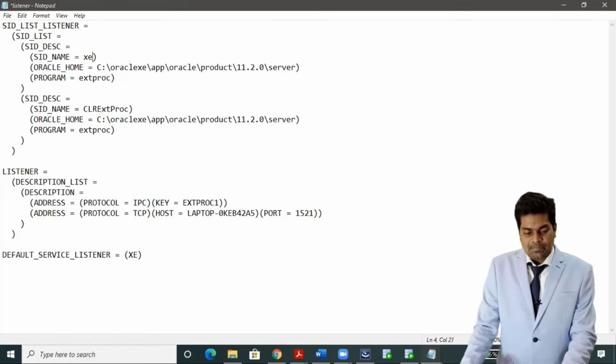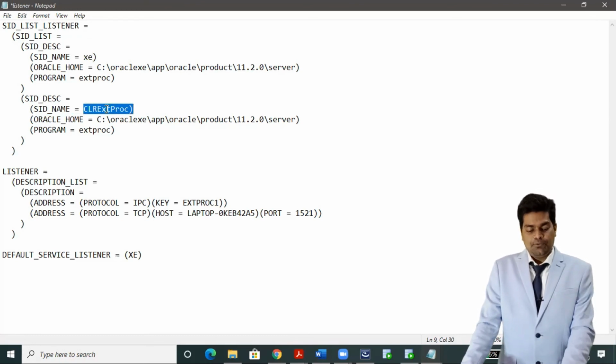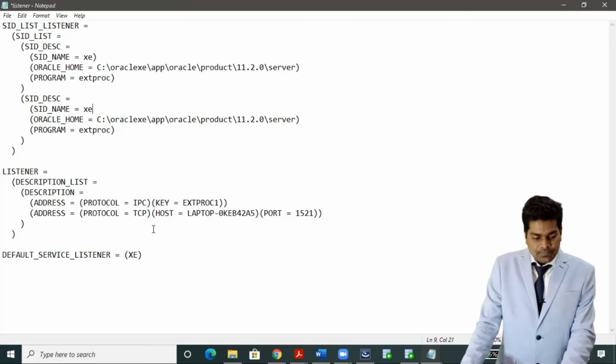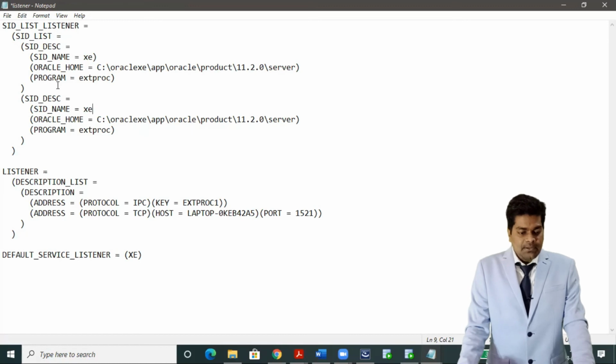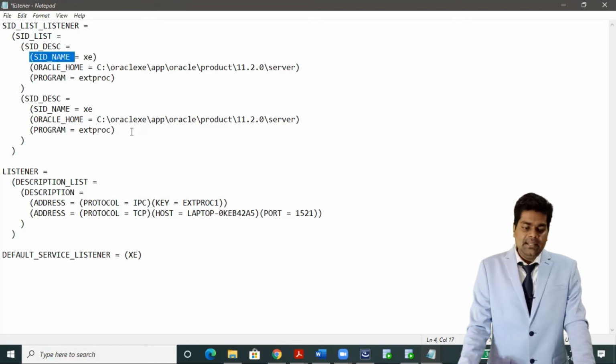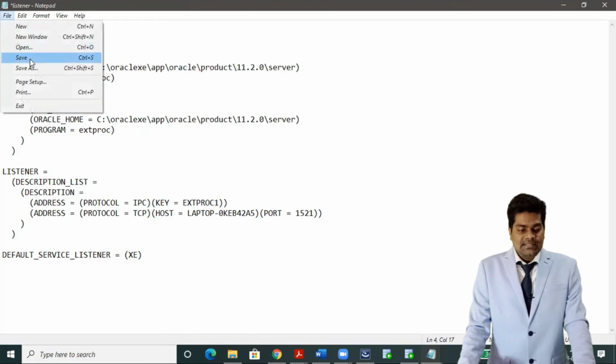So here simply replace it with XE. However many places you find SID name equal to, you have to put XE. I have only changed 2 places, because I can see SID name in only 2 places. So SID name equal to XE. Then we will save it.